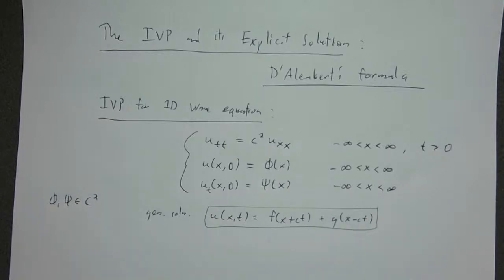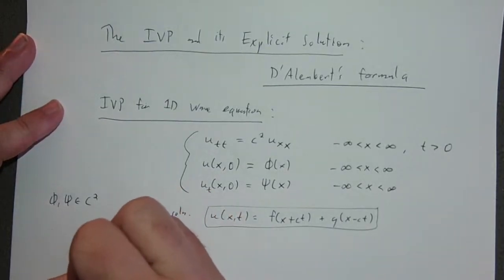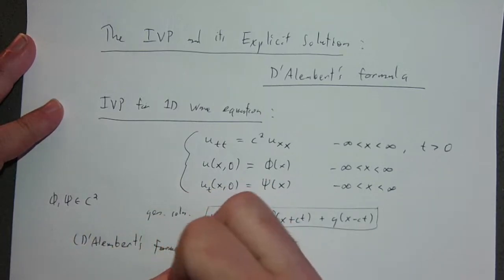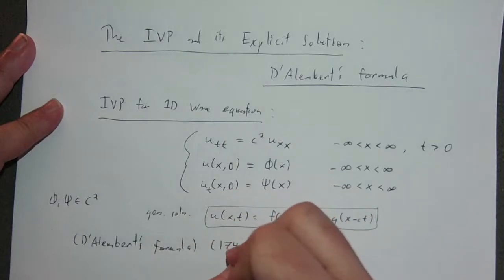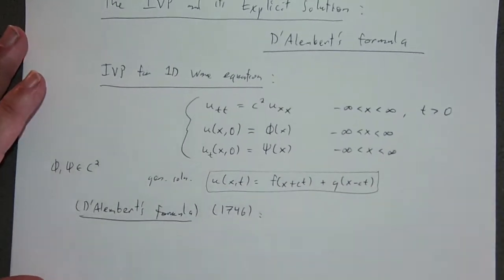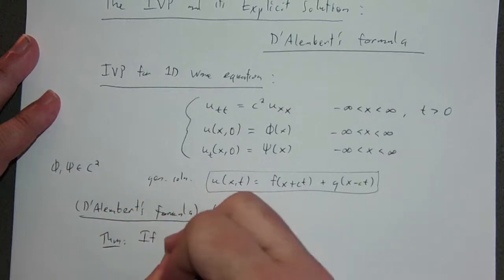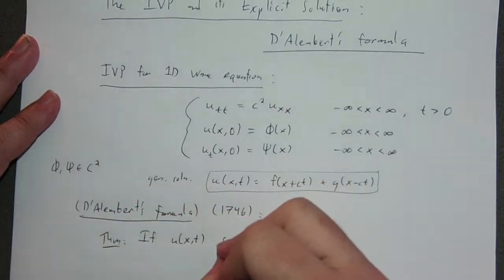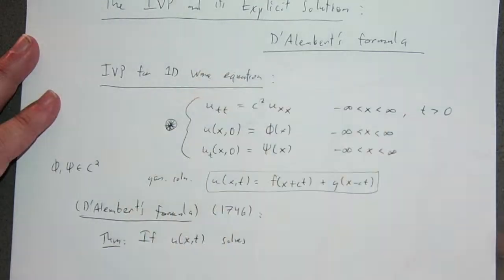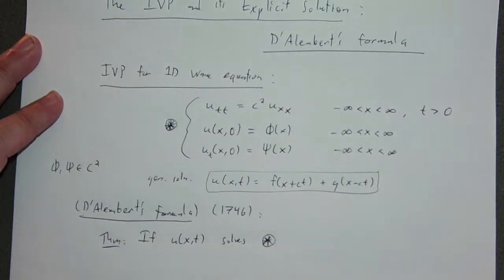This was originally written down in 1746 by D'Alembert. So D'Alembert's formula. This is from 1746. D'Alembert's formula is the following. Here's the theorem. If u of x,t solves, we'll call this asterisk, so if u of x,t solves asterisk, right, then